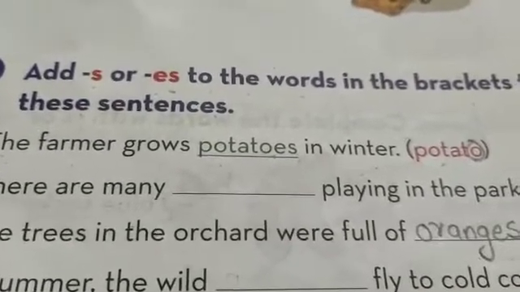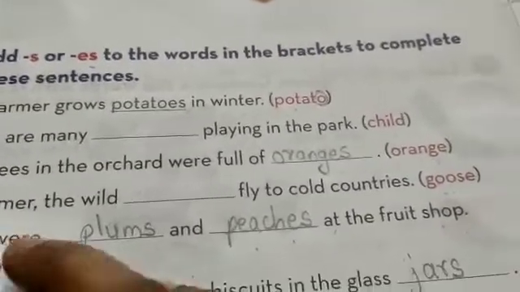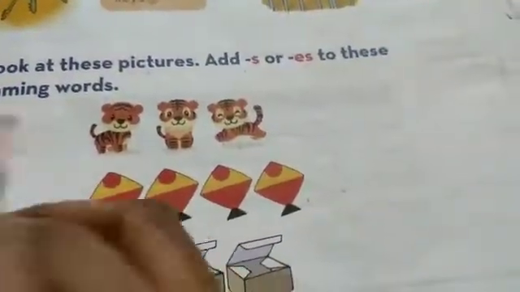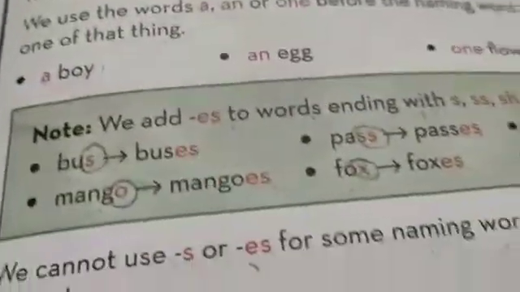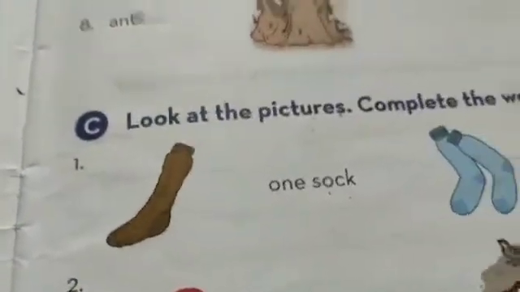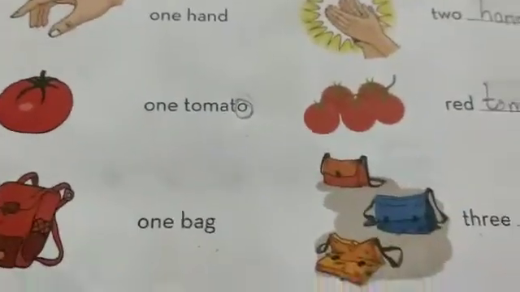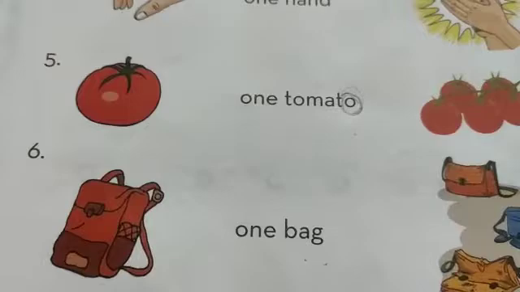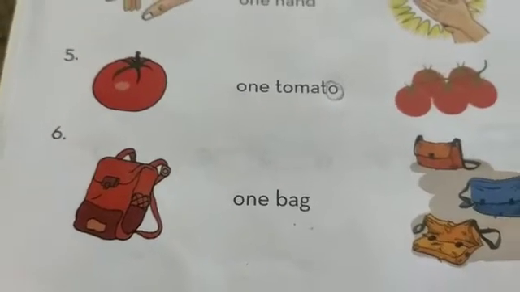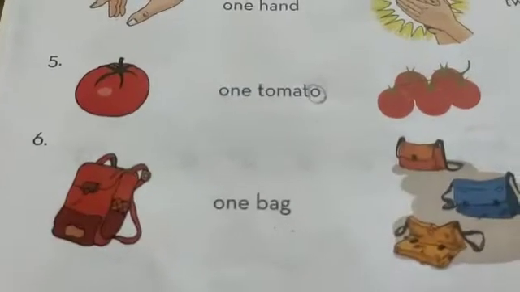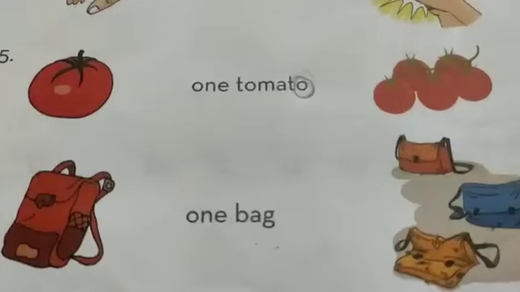Okay, now if you want for your revision, what you can do, all these examples from exercise A, and here also in the note they have given these examples, exercise A, B, C and D. All these examples, if you want, you can make two columns, singular and plural, and write down the examples. It is not compulsory, children. If you want for your practice, you can write it down. Is it clear, children?